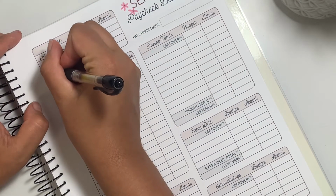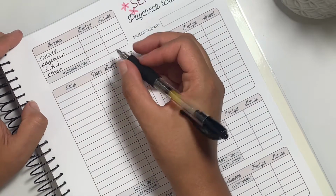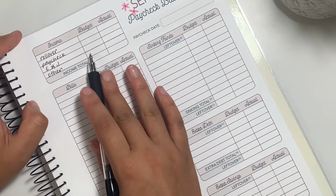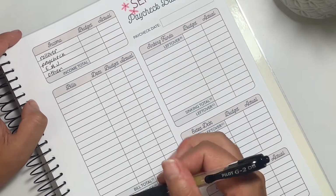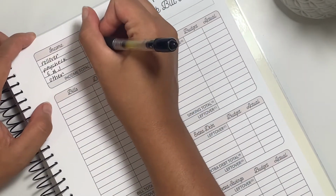And so what that generally is, if I just get any extra income for the month, or if I use money from my sinking funds, I put it as income on my trackers, and then I total that up here. And then you'll see later on that I have a sinking fund spending category, which is where you'll see that money come back out. So for rollover, I'm starting with